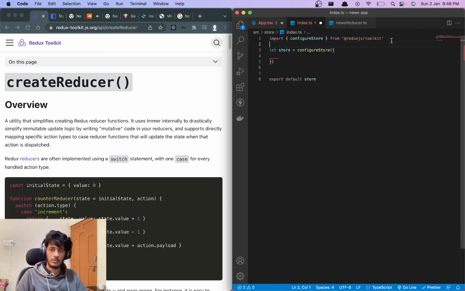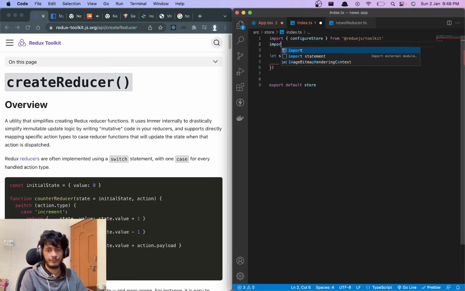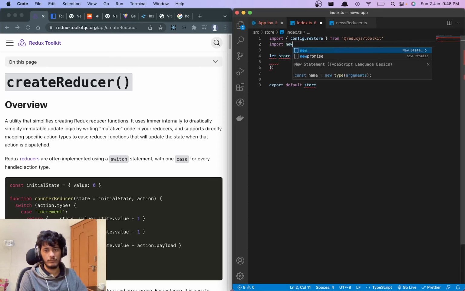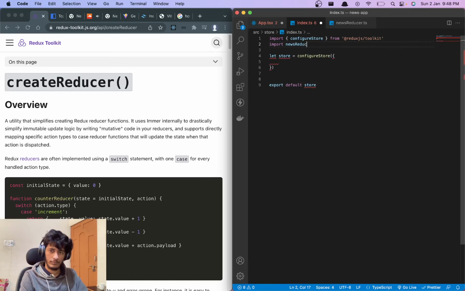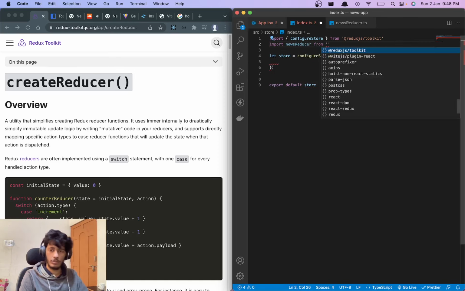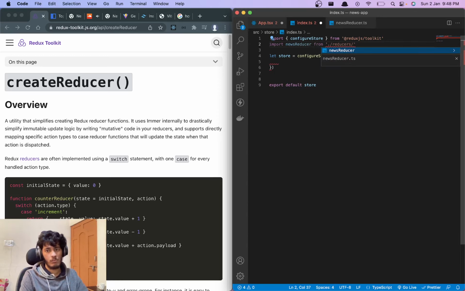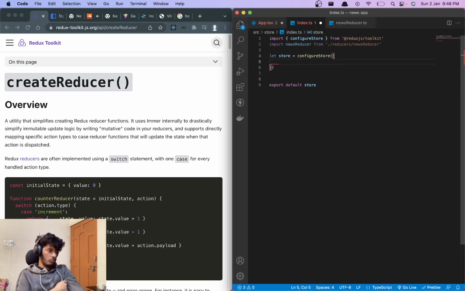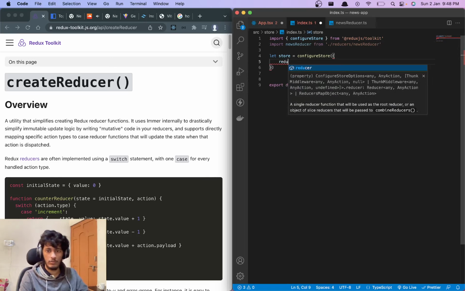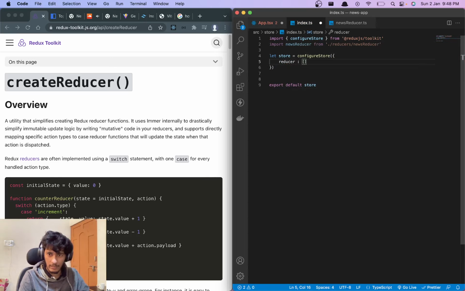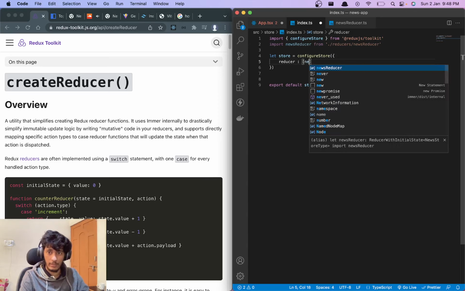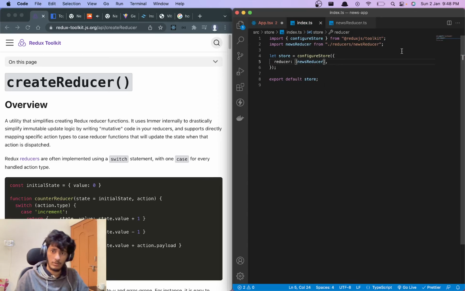So we can say news reducer. So we can import this from news reducer, right? I think we can do reducer where, and this accepts an array. Yeah, that definitely accepts an array.